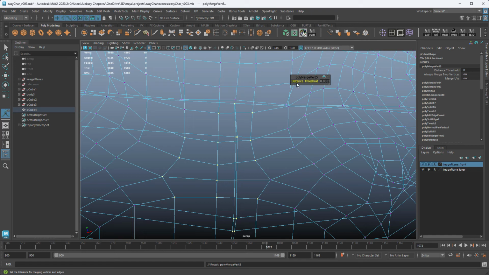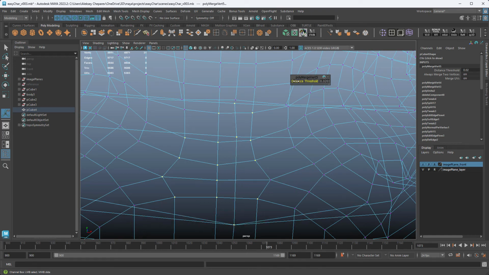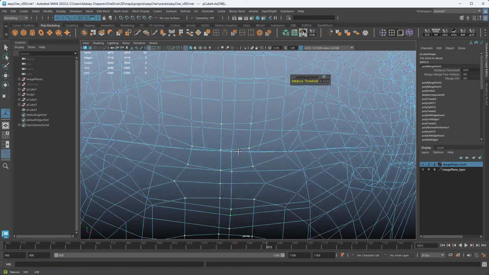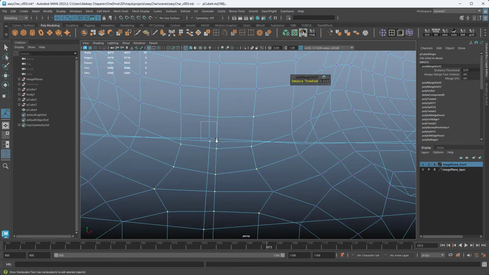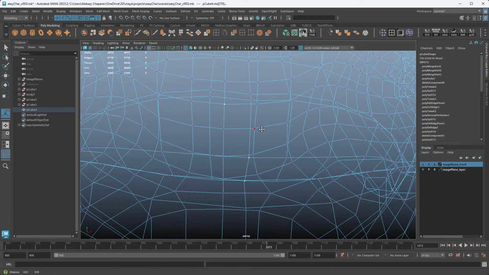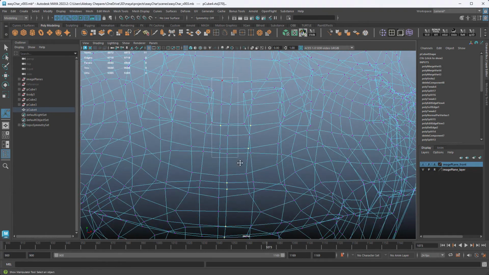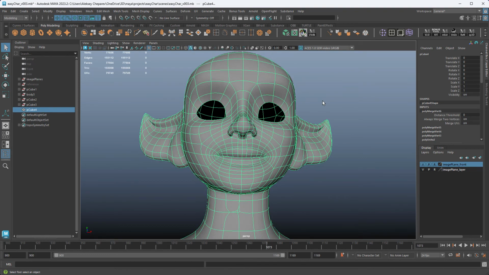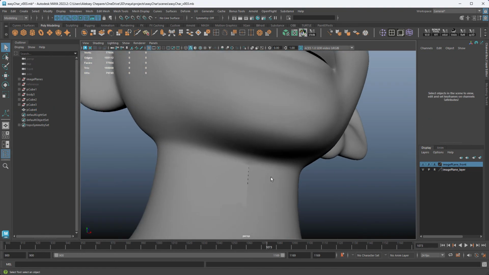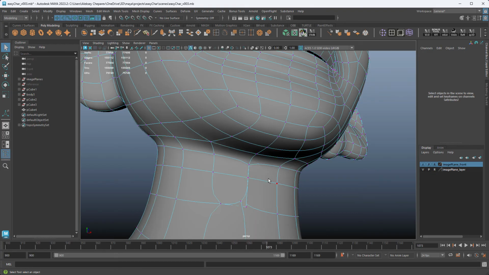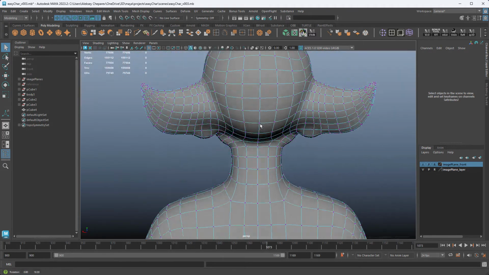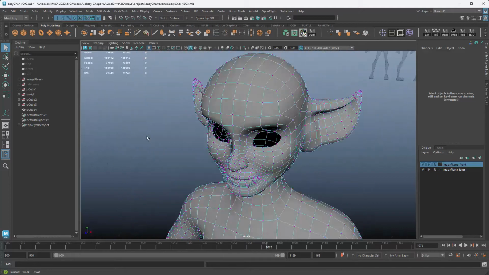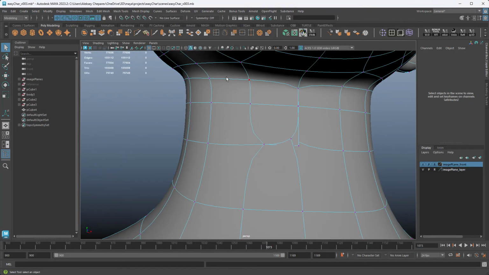If I don't see these merging, hold Control and then drag, and you can see you have to be really careful because you can start merging things you don't want to merge. You have to be careful with it. There's also a mirror command you can use in Maya, but sometimes it works well, sometimes it can be confusing. So just do it this way. See if we can merge the neck here. When you press 3, you should instantly see where you have merging issues.